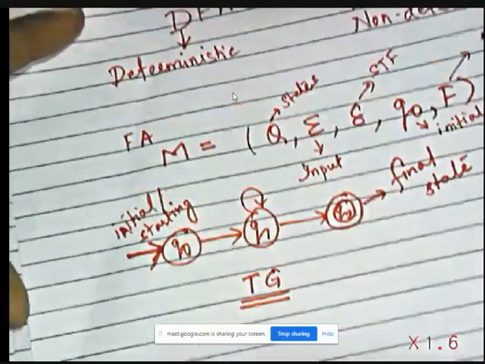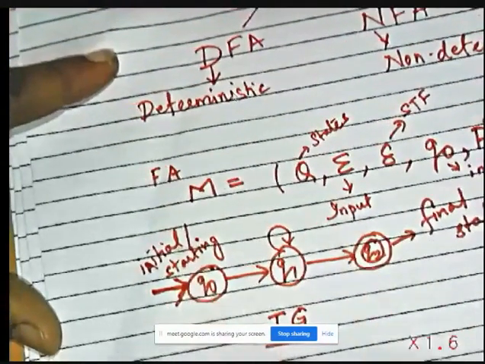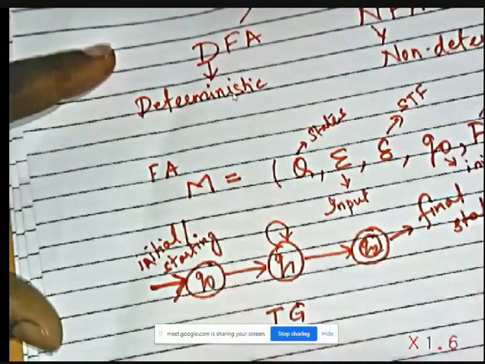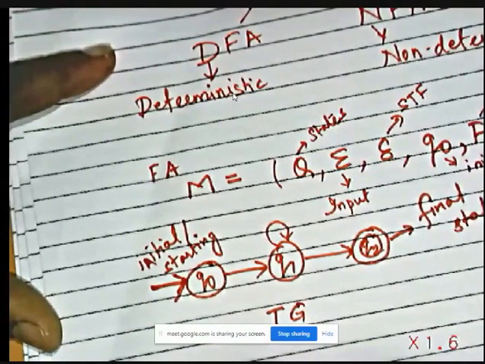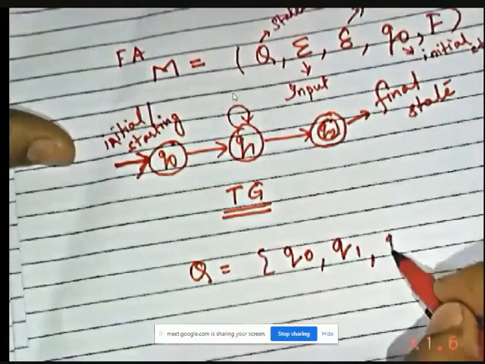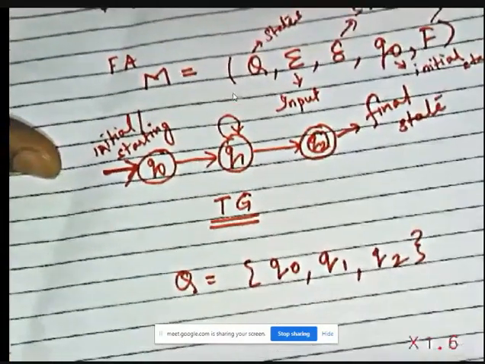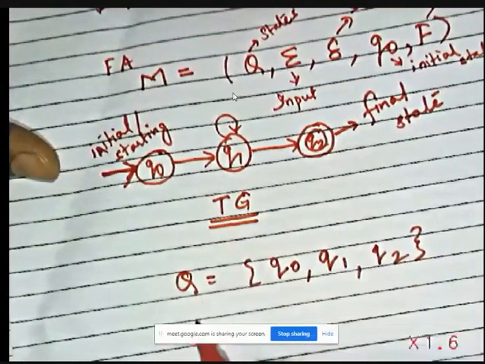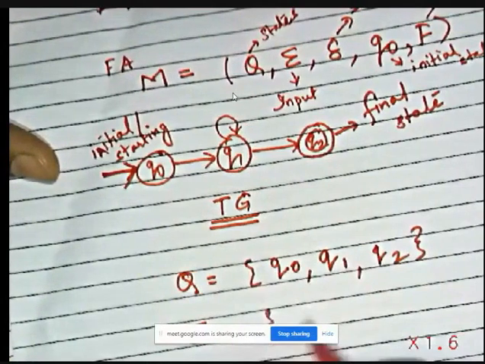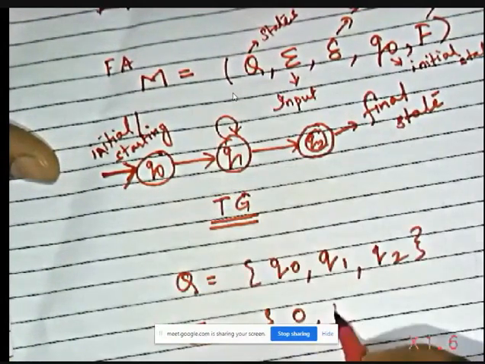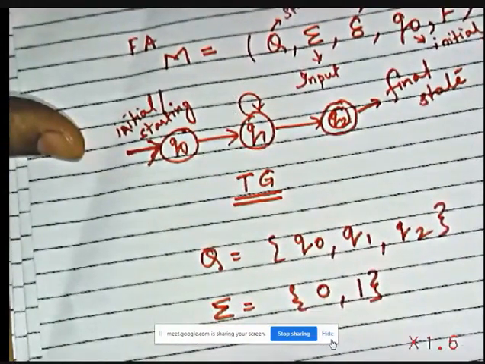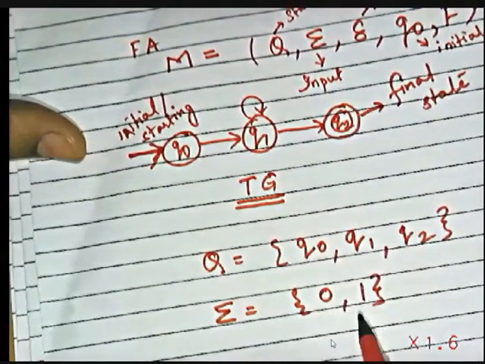When we are representing finite automata with the help of these states and transitions, what is the observation in this particular finite automata? Can I write Q is equal to Q0, Q1 and Q2? I have written this Q0, Q1, Q2 from this diagram. Now what is my alphabet? My alphabet I am considering here, suppose 0 and 1. That means my finite input set has two symbols, 0 and 1.